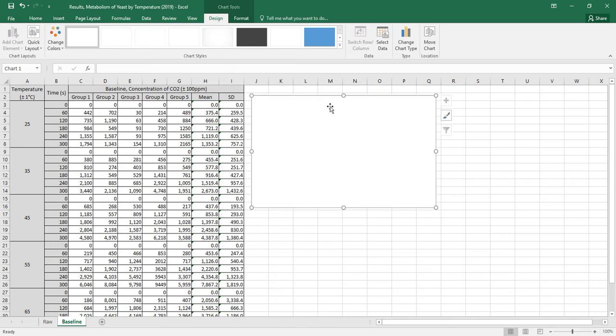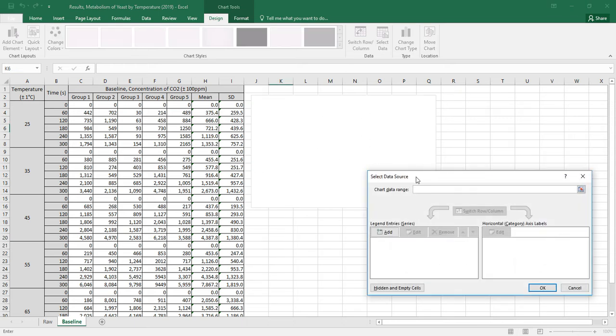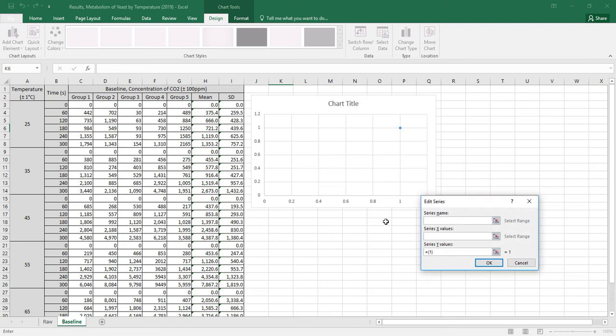In this lab it's a little easier to do that, so I'm going to move this to this. Well, hopefully you can all see this from where you're sitting. Let's go up here and select our data, and we're going to add each experiment one bit at a time. Series name, let's call this